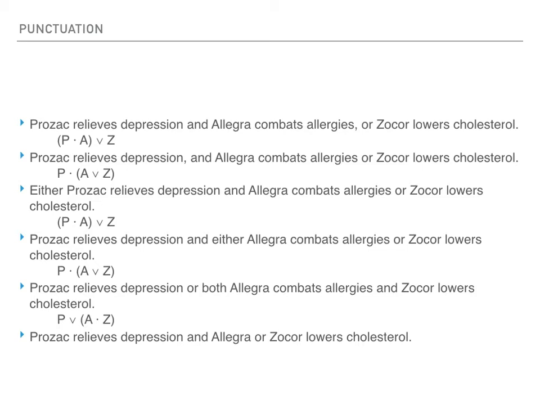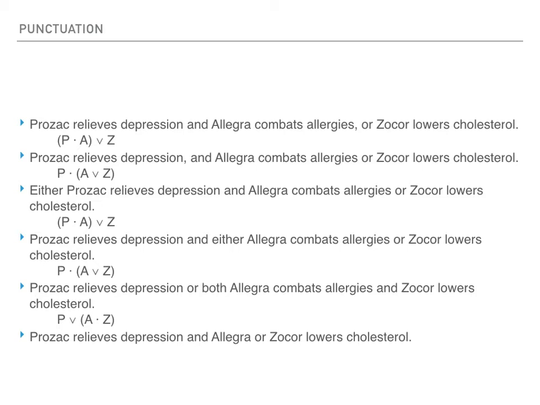Well, this is a kind of typical pattern that people, at least in English, follow. So the pattern here is that where you don't want to clutter up your prose, what you're writing, with commas or words like either or, you can combine the things which you want in parentheses into a shortened version, all of which are connected to one predicate. So here it says Prozac relieves depression, and now we have the sentence lowering cholesterol, but we're telling Allegra or Zocor are doing that. So that's really indicating to us that what we have here is a P and then